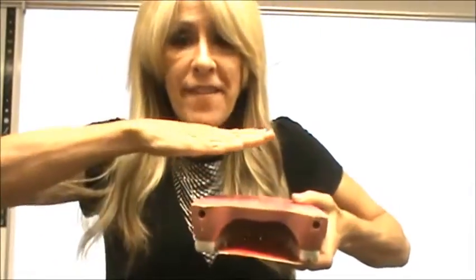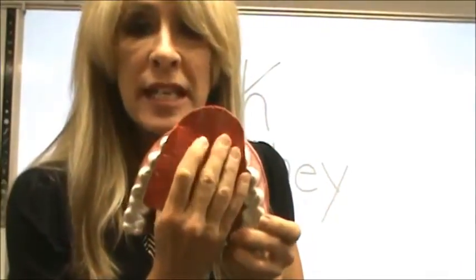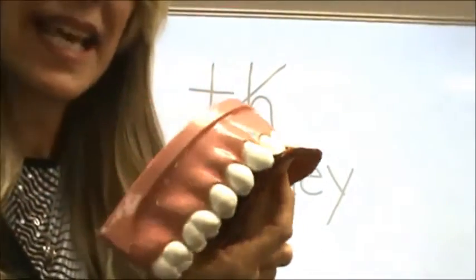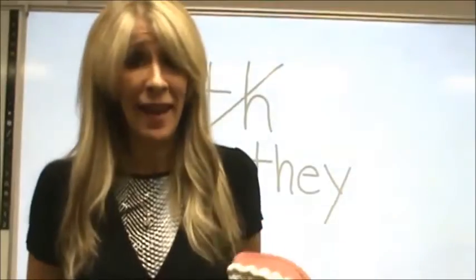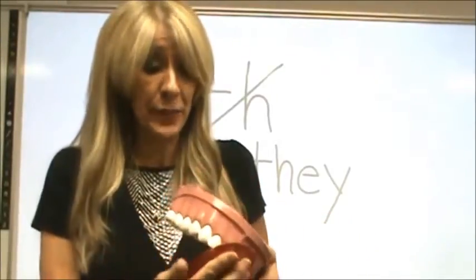Now, here's the secret. Extending the tongue is not enough. What you must realize is the tongue needs to remain flat. Do not let the tongue come up and touch anything in here. So I'm going to get a different tongue. This one moves a little more easily. Sticking out your tongue is not enough. Okay? Don't let the tongue come up and touch inside on the teeth, because if the tongue touches anything up here, you will probably hear the L sound. Touch anything up here and you will probably hear the L sound. So keep the tongue flat and say